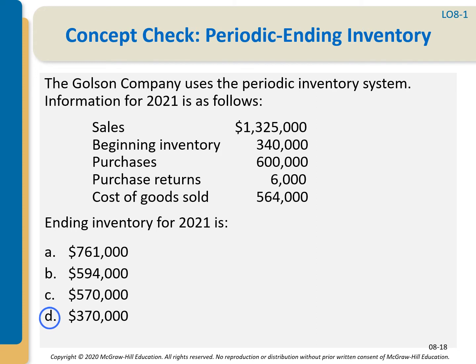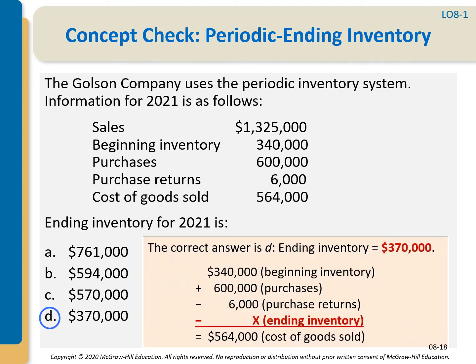Well, I'll pick the right answer first and then show you the steps. Here we know that the beginning inventory is 640 plus new purchases minus returns minus ending inventory gives us the cost of goods sold of 564,000. Therefore, we can solve this equation for the unknown, which is the ending inventory, and that gives us